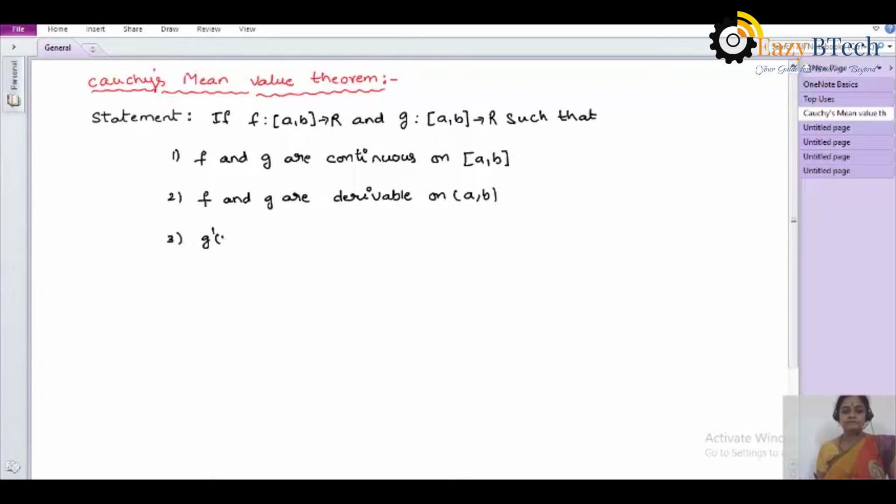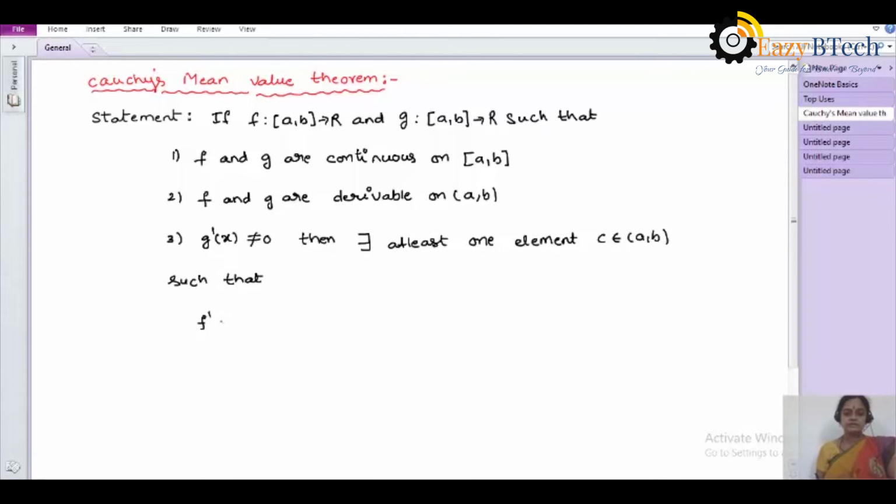Third condition, g dash of x is not equal to 0, then there exists at least one element c belongs to (a, b) such that